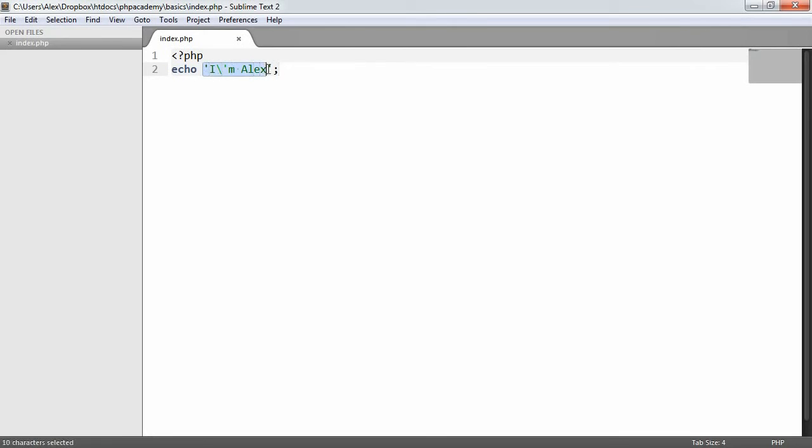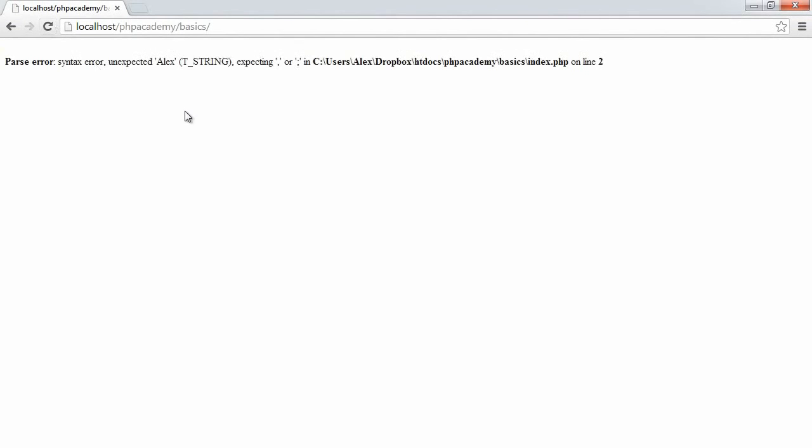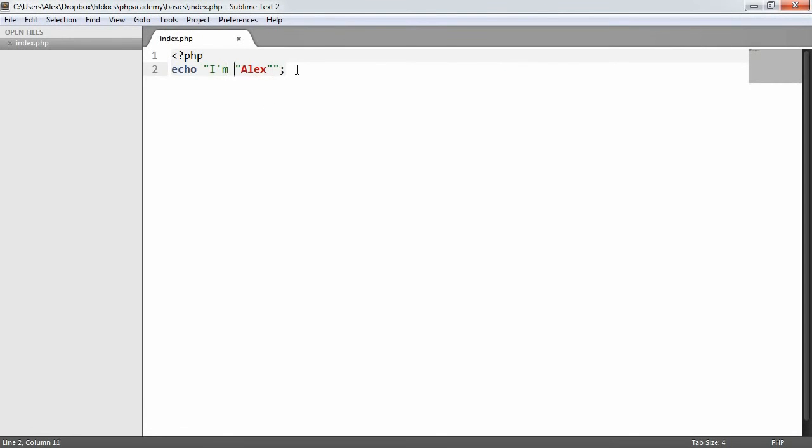Now you'll probably think, oh well, it's easier to just use double quotes. And in actual fact it is, but then what happens if we want to use a double quote within this string? So for example, if I wanted to enclose Alex in double quotes, what's going to happen here? Well, we're going to receive a very similar error, unexpected Alex T_STRING, and again the same reason as before. So how do we combat this? Well, we can of course escape these characters as we saw with a single quote, and then this works as